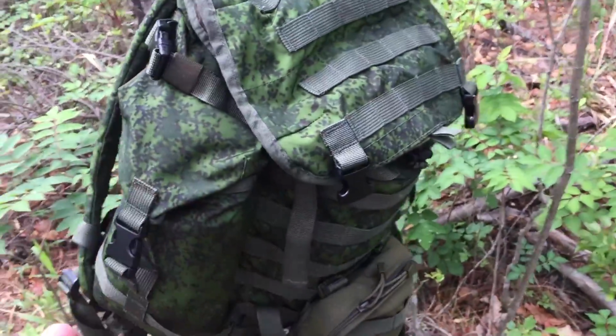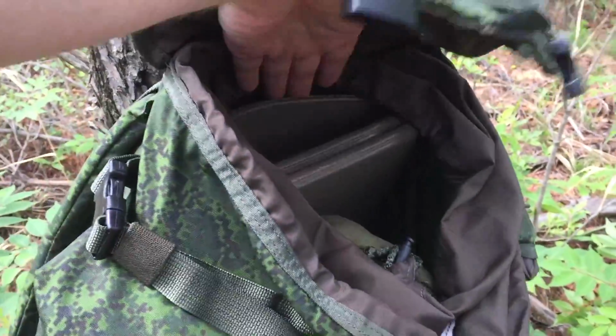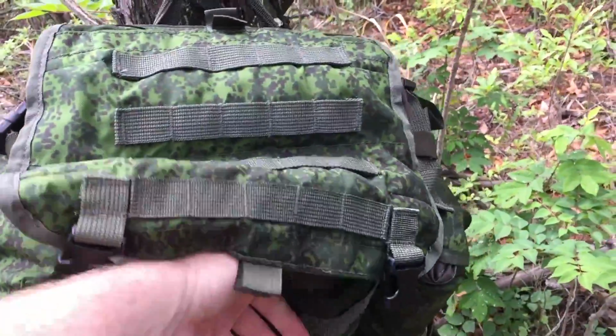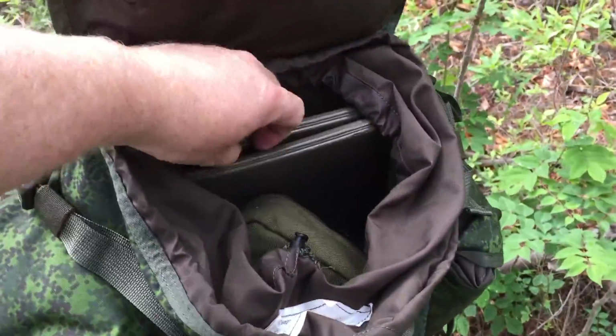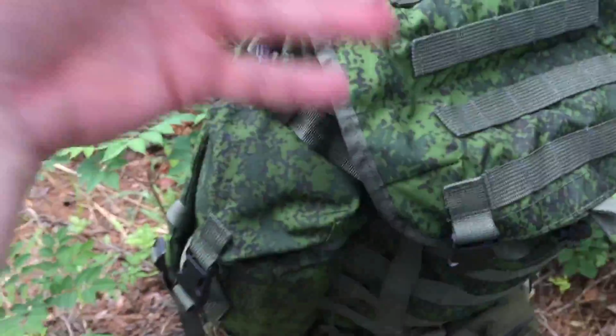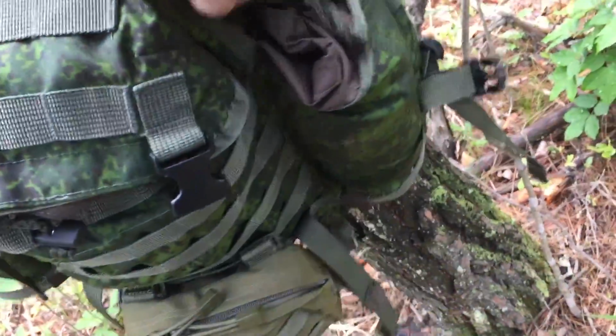It is not the most sophisticated backpack I have. I do wish it had a place for a hydration pocket. That would be really nice, but it doesn't. But this simple rectangular square design that you find in European style backpacks makes it easy to load, easy to get your gear. Over here on this pocket,